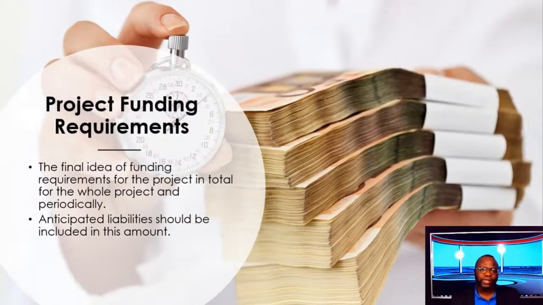Another big part of cost management is project funding requirements. So it's one thing to know earned value and how we need a time-phased budget, but even before you get to control costs, do you know that you should inform management about project funding requirements? This is when I need the 2 million. Because it's very easy for management to think, oh, it's a $12 million project, you need $1 million each month. No, no, no. I need more money up front, or I need more money in the middle. It needs to be communicated. So this is the final idea of funding for the project in total and also periodically. Okay?